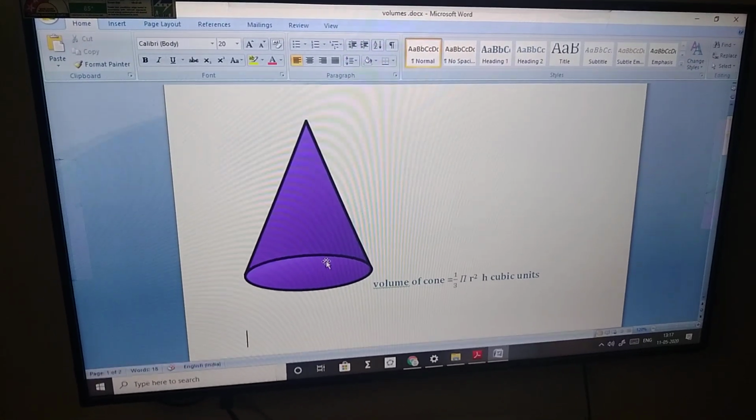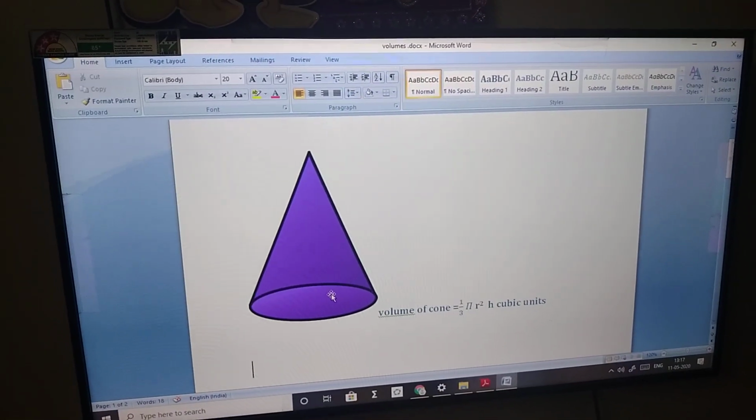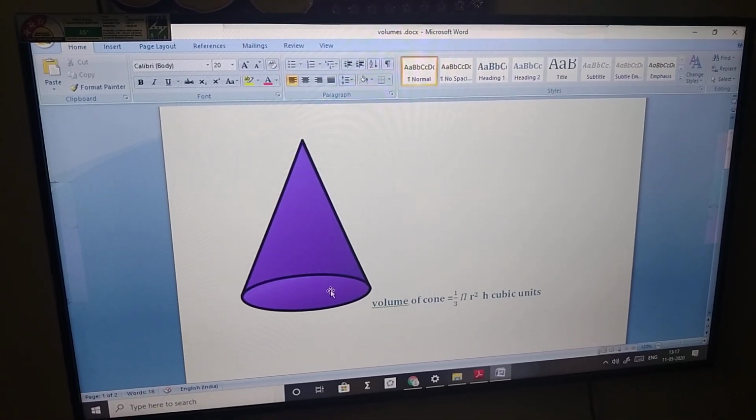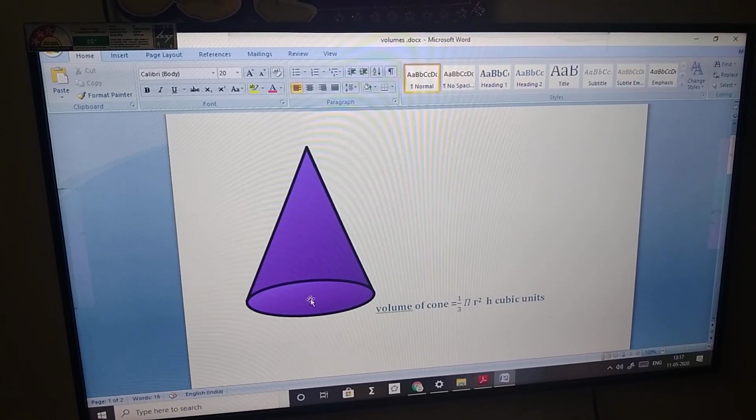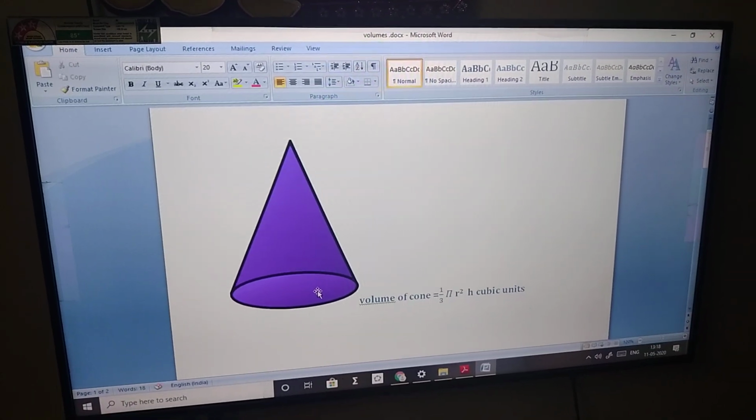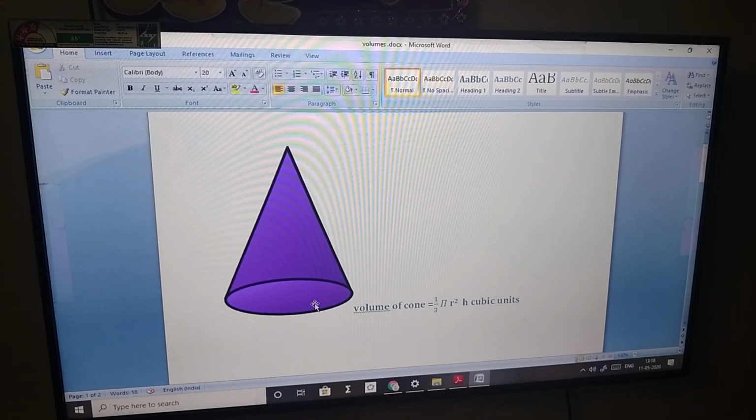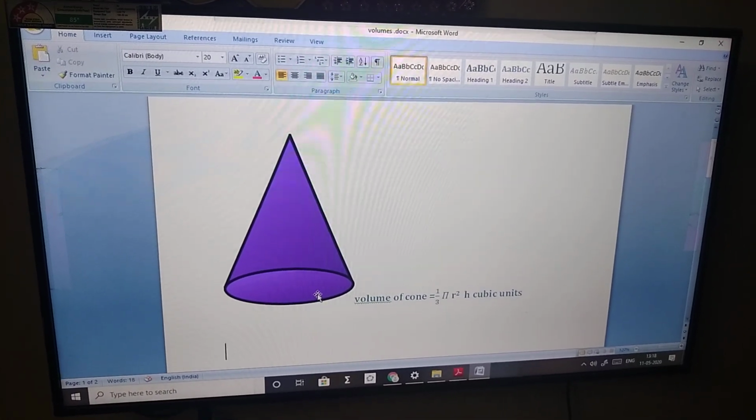So today we are going to learn about the surface areas and volumes chapter, the combination of two solids, finding the volume of a combination of two or more solids. So here we know that